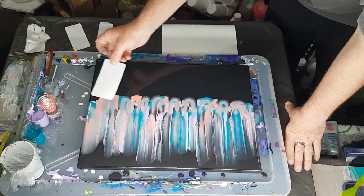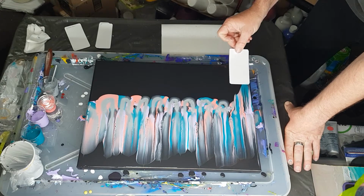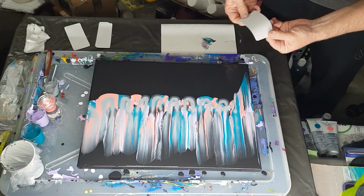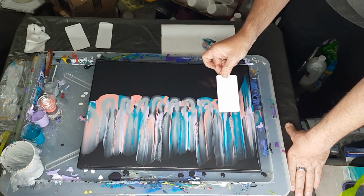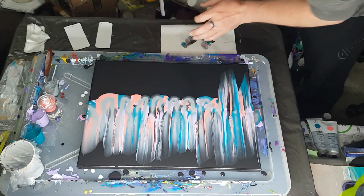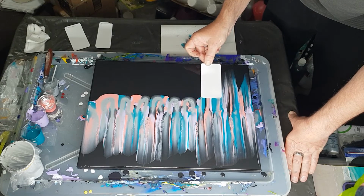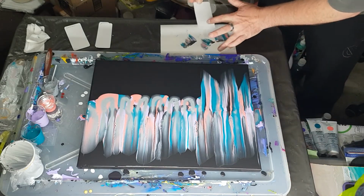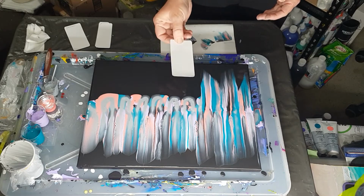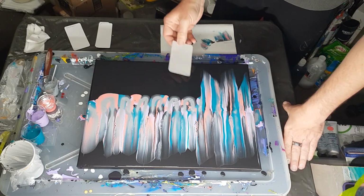So now we're going to try and go and touch the same area where we did the other one. So again, swipe it across. And if you don't like that edge bit, just overlap it slightly. And each time, wipe your card off. Go again. What I try and do is when I lift my card, sometimes I try and lift it slightly that way, and other times slightly that way. So then you get the different points. Not always easy to get it right, but